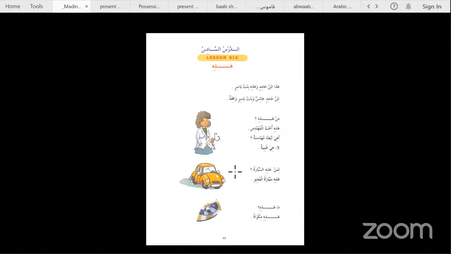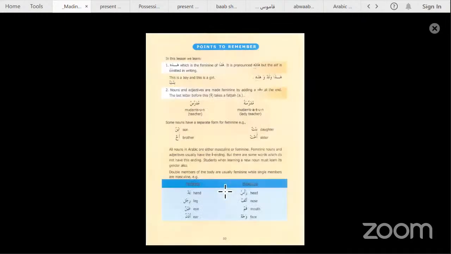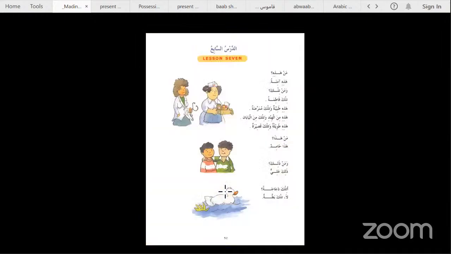So inshallah, we will have class on Wednesday. Prepare the lesson, and then I'll do lessons 5 and 6. Then on Saturday, we will do the revision of 5 and 6. The following week, we will do lesson number 7, inshallah. The reason is that I have students who are on lesson number 9, and I want you to catch up with them and join as one class together. So that's the whole idea.